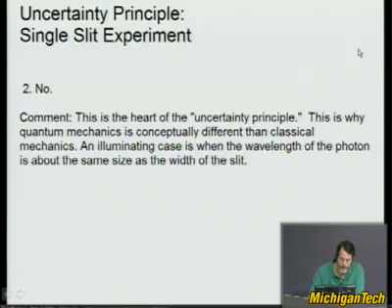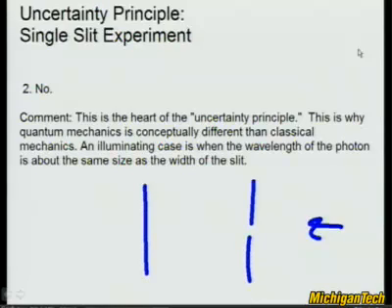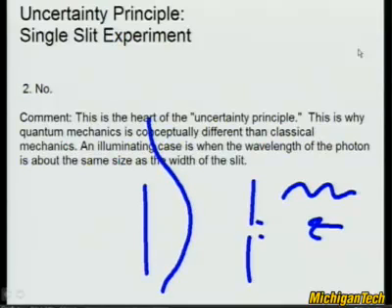So here you have a photon source coming here, and here you have your narrow slit, and here you have your screen. The photon has a wavelength, which usually determines its color. So when it goes through here, if the width of the slit is on the order of the photon wavelength, then what you find out is that where this ends up is quite broad. And you can have photons hitting here, here, here, here, which is counterintuitive. And you can't tell where it's going to happen.